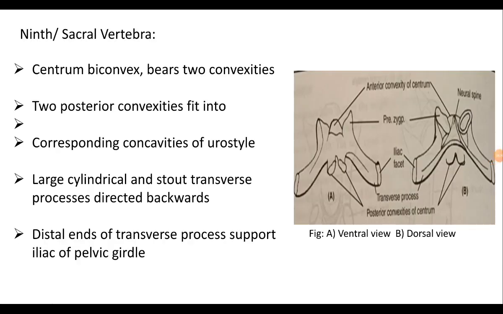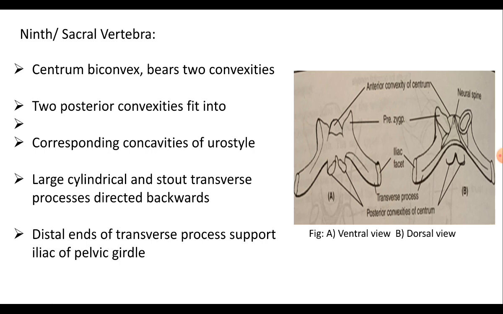The ninth are sacral vertebrae. This vertebra differs in many aspects from the typical vertebrae, where its centrum is biconvex in nature. That means it bears two convexities. When you observe the picture, you will notice that the centrum bears one anterior convexity that fits into the posterior concavity of the eighth vertebra, that is, the preceding vertebra,